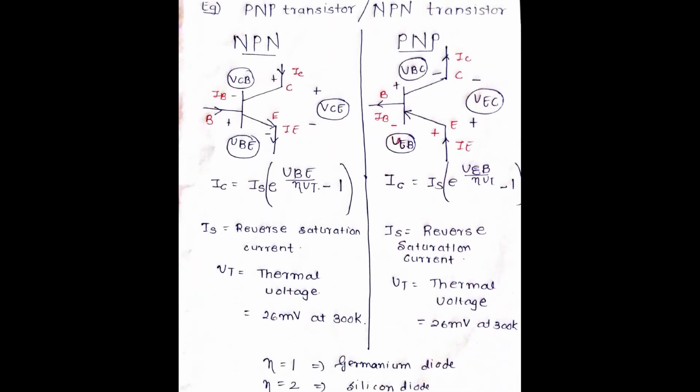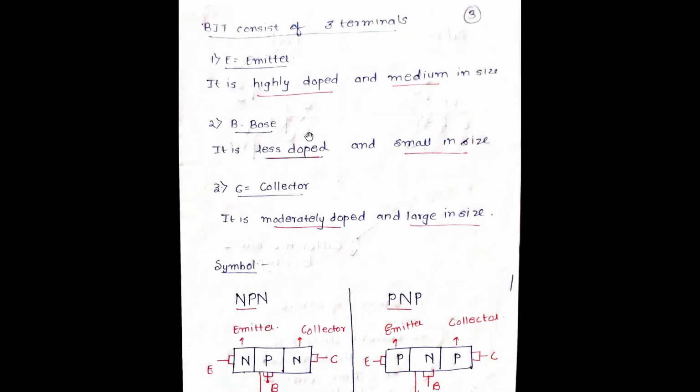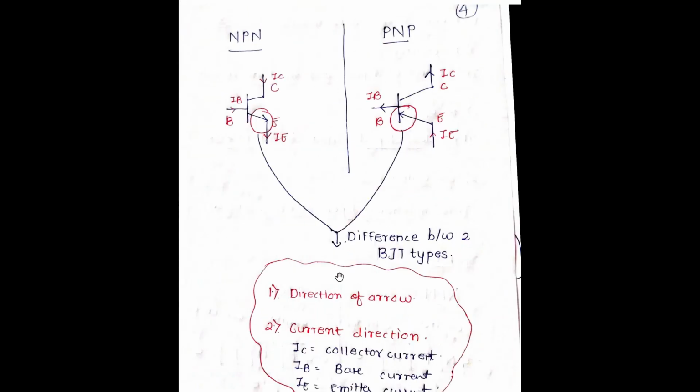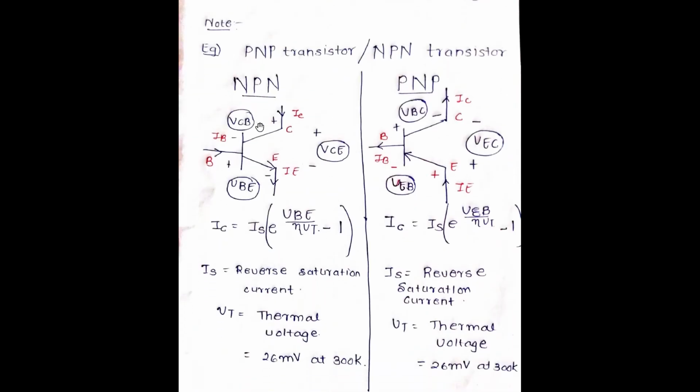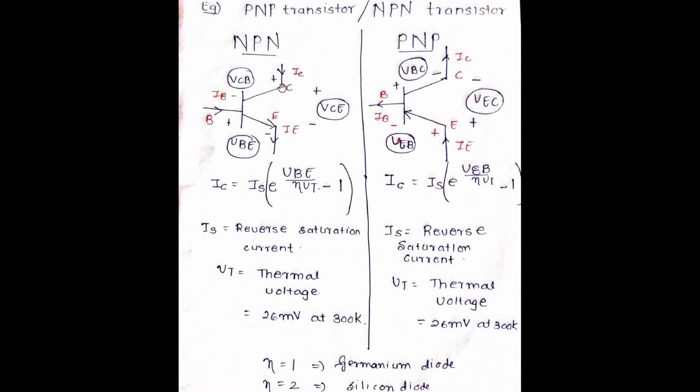Now you have the voltages that we'll be talking about. So you learnt about the terminals EBC, you learnt about the currents. Now we'll talk about the voltage equation. If you see, the voltage between collector and base is VCB. The collector is at a higher voltage than your base. The voltage between base and emitter is VBE. The base is at a higher voltage than your emitter. And this is VCE. The collector is at a higher voltage than your emitter.